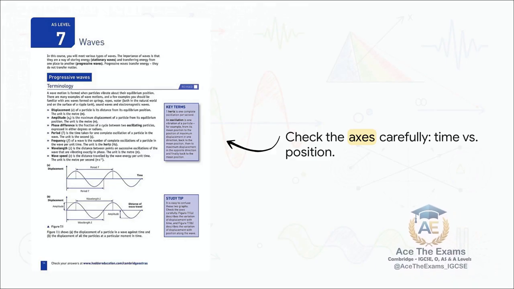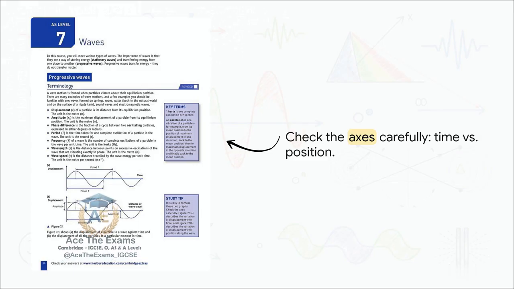You flip the page and you see 2 graphs that look almost identical. Just a bunch of squiggly sine waves, right? But hold on, check the horizontal axes. It's a total game changer. The top graph is displacement against time. This is tracking one single lonely particle over time, and the distance between its peaks gives you the period, or